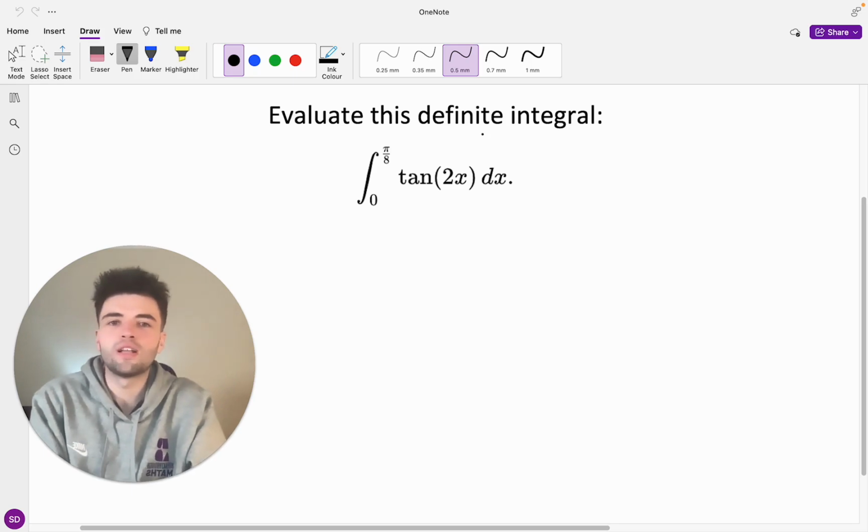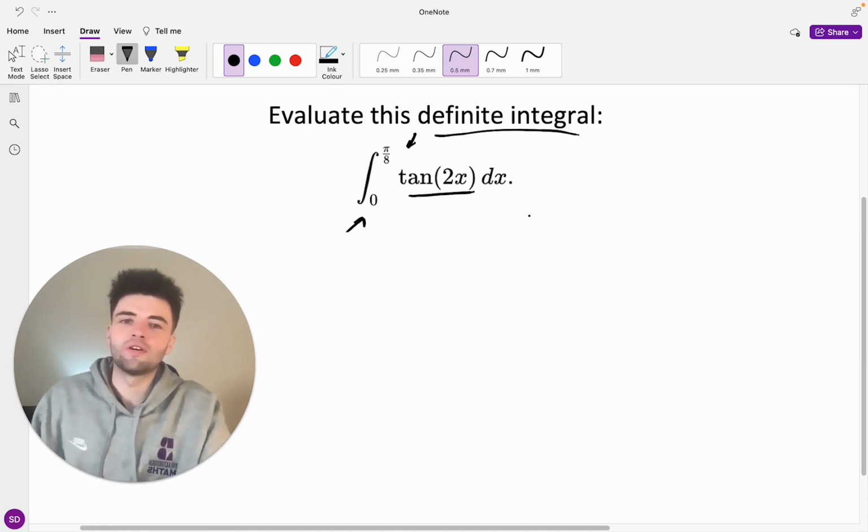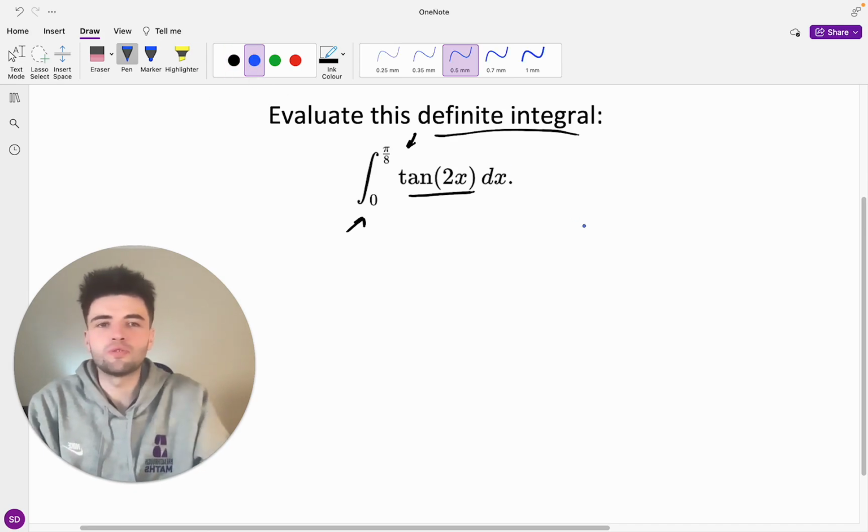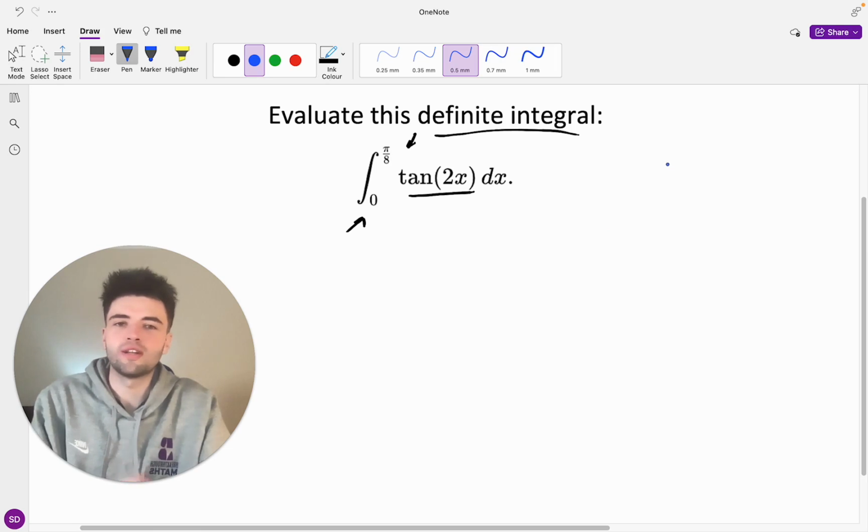So here we're asked to evaluate this definite integral, and we're given this integral here involving tan 2x and two limits. So we've got pi over 8 and then 0 on the bottom. And so this is going to be a bit of a trickier integral, and we're going to see why in a second. So the first thing we need to do is retrieve our rule for integrating tan in the log tables,